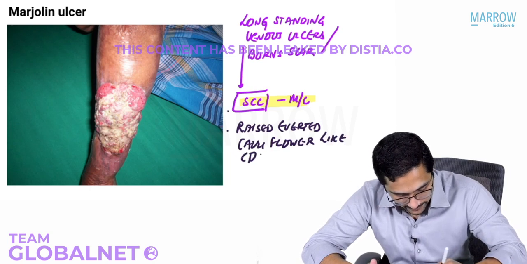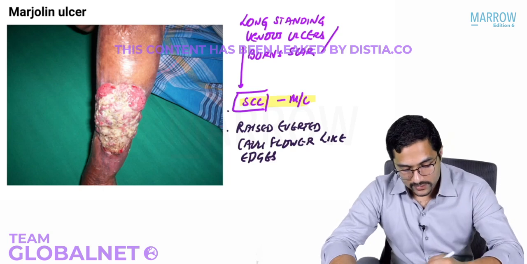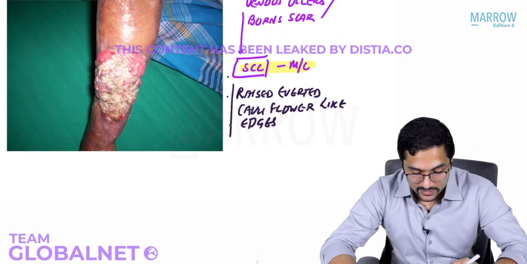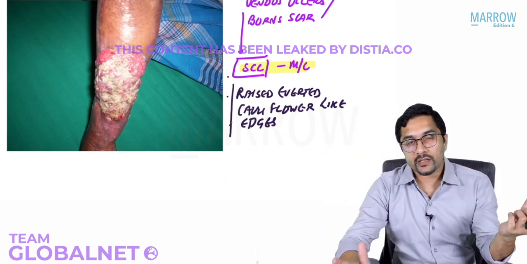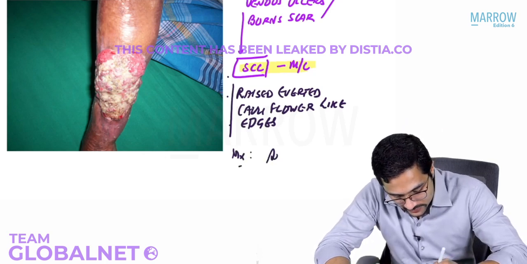And when you do a biopsy, you will see that a long-standing venous ulcer or burn scar has converted into a Marjolin's ulcer. It becomes malignant, so there'll be rapid increase in size and the edges would become everted and cauliflower-like. The management of Marjolin's ulcer is surgical excision,